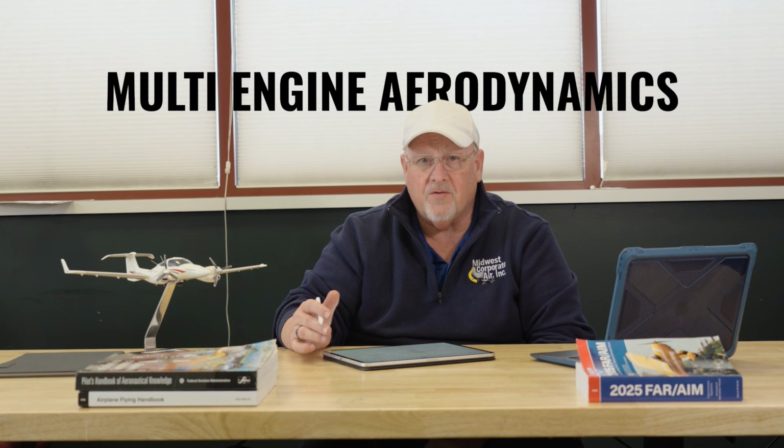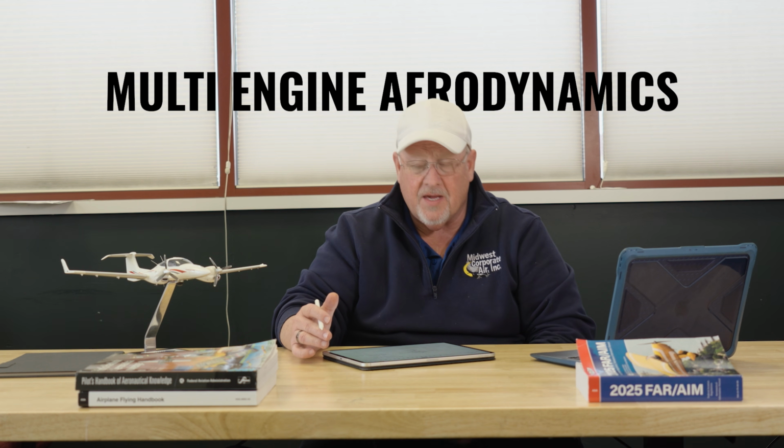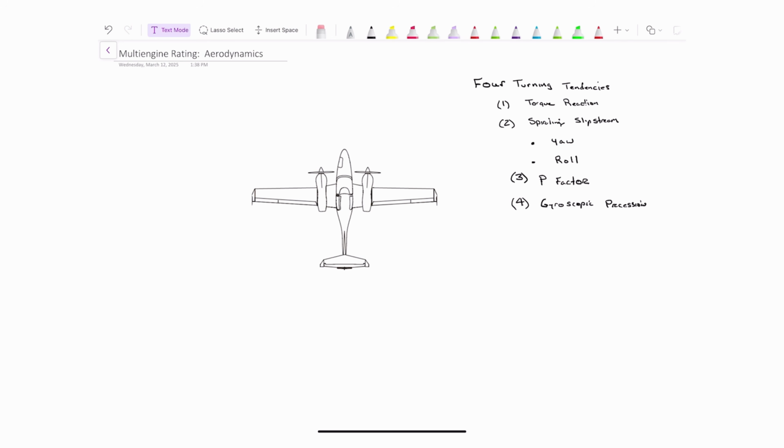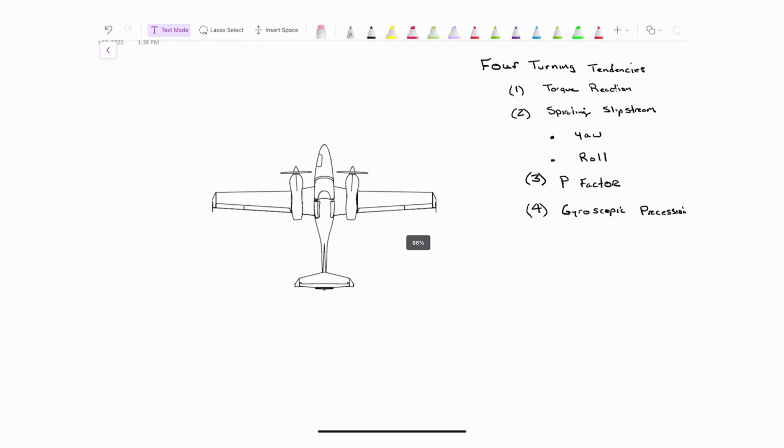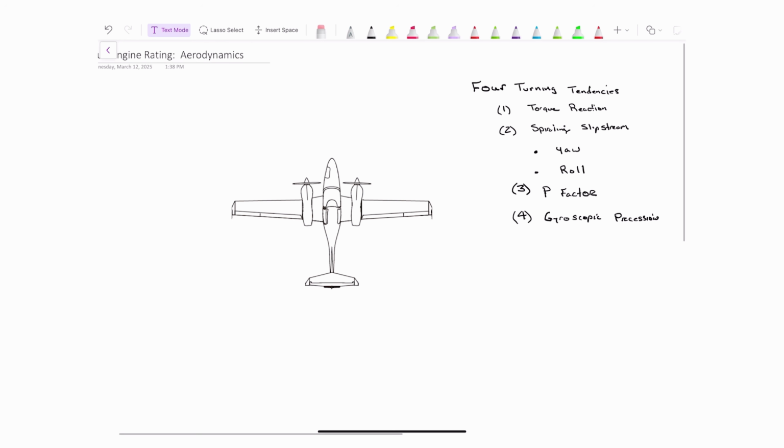The purpose of today's video is to help you understand multi-engine aerodynamics. So let's take this topic and start with it on the ground. Imagine ourselves being in this Diamond Twin Star, right here, and we're getting ready to take off. As soon as we bring the power up, we're going to be dealing with a couple of